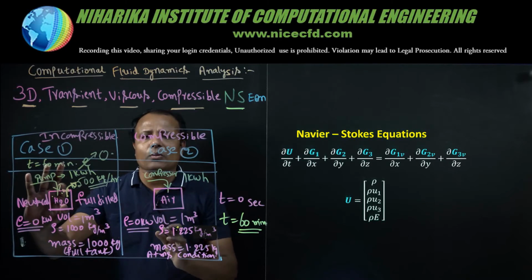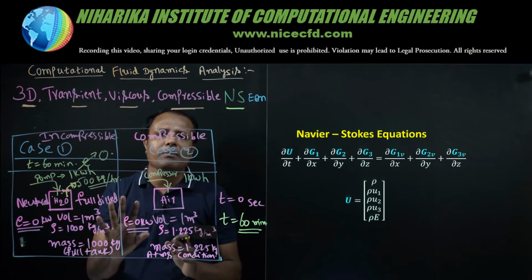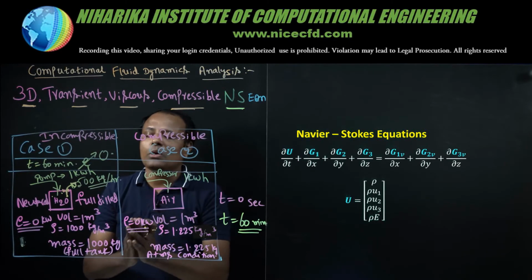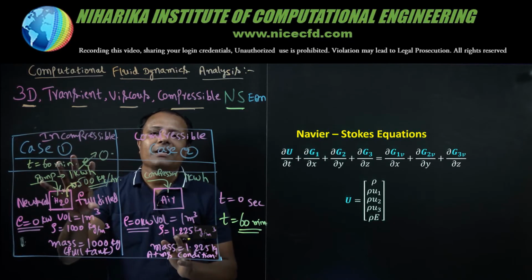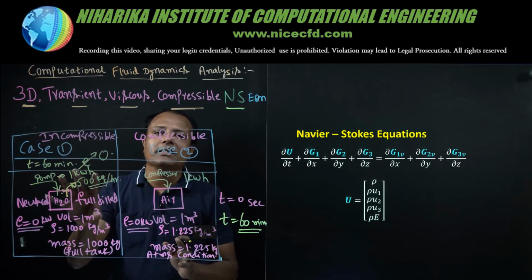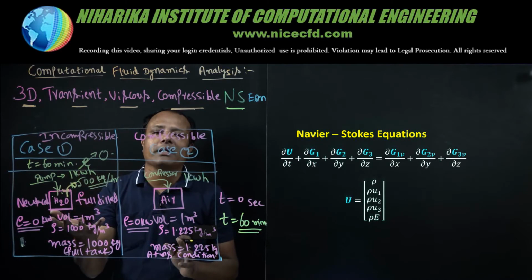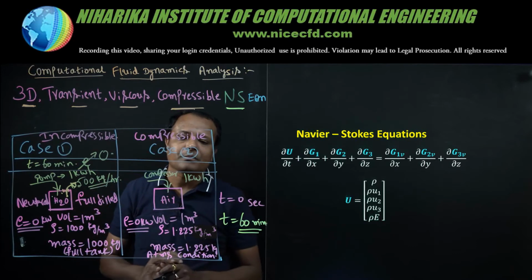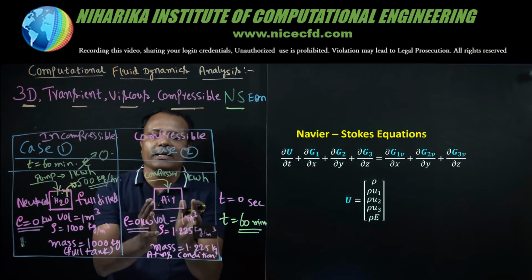You cannot compact it and store a larger mass. In a 1 liter water bottle, you can put 1 liter of water only. You can't put 100 ml more. It is not possible because water is incompressible. So the internal energy stored in incompressible flow is 0. That is the reason internal energy is negligible for incompressible flows, and practically we can equate the internal energy to 0 for incompressible flows.